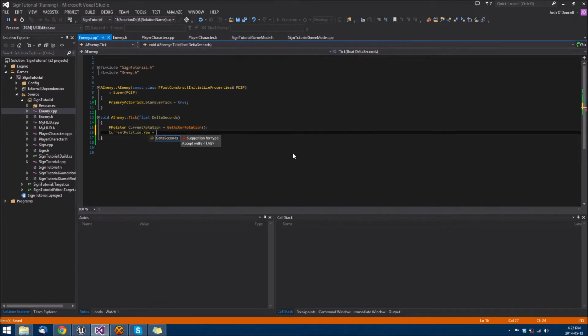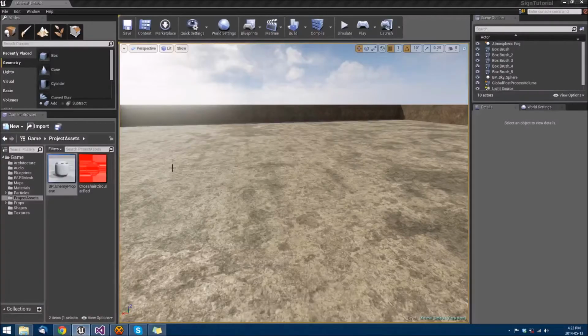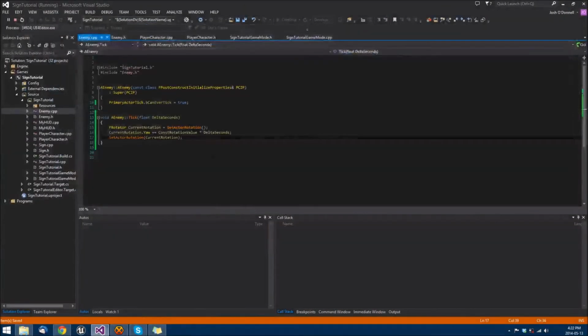And then we'll set that to plus equals const rotation value times delta seconds, so that it updates in concurrence with the update itself. And then we'll just set the rotation back to current rotation. So if we compile all this as we have it now,